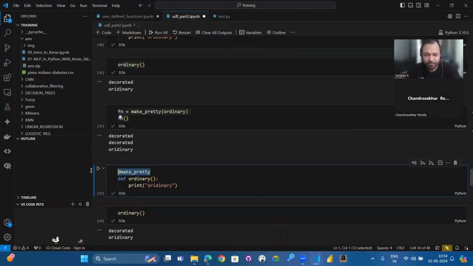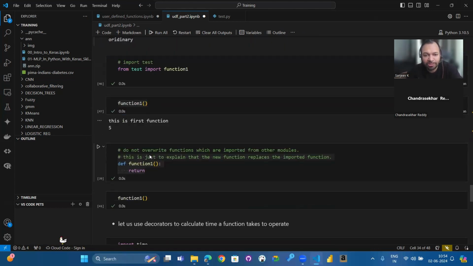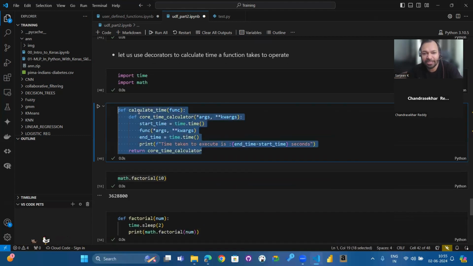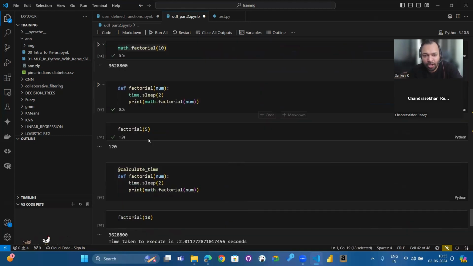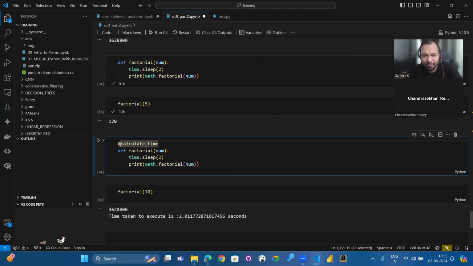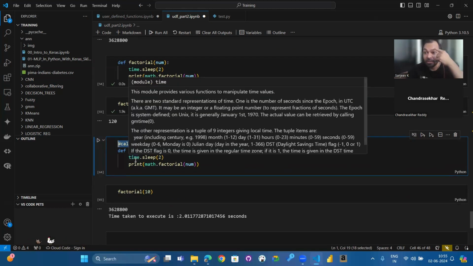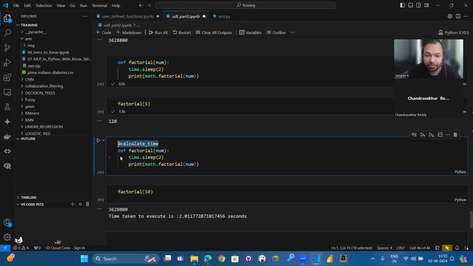Same like this, I'm going to call this decorator. Now this decorator, what is the decorator name? Calculate time. So how do you call the calculate time? Simply by putting calculate time, and same function which I declared here, I'm going to put this calculate time on top of the function. So wherever you want to use a decorator, when you define a function, on top of the function, you have to put this, not while calling the function. At the time of declaring the function, you have to put this.